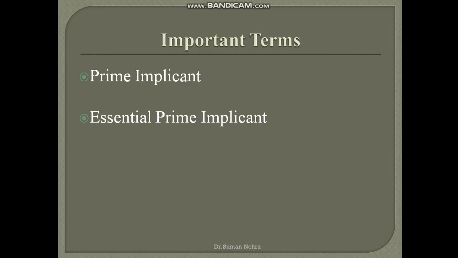Before solving the example, we need to know 2 important terms. These are prime implicant and essential prime implicant. So, first of all, we should know what an implicant is. An implicant is nothing but a group of ones, and a prime implicant is the largest possible group of ones. Now, what is an essential prime implicant? An essential prime implicant is a prime implicant having at least one minterm that cannot be combined in any other way. So these two are very important terms for the Kuhn-Mikulski method.